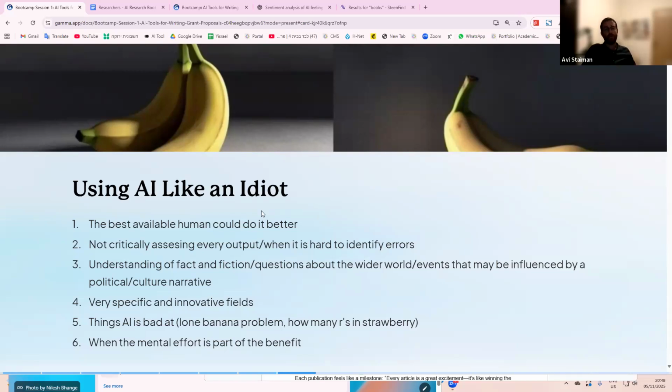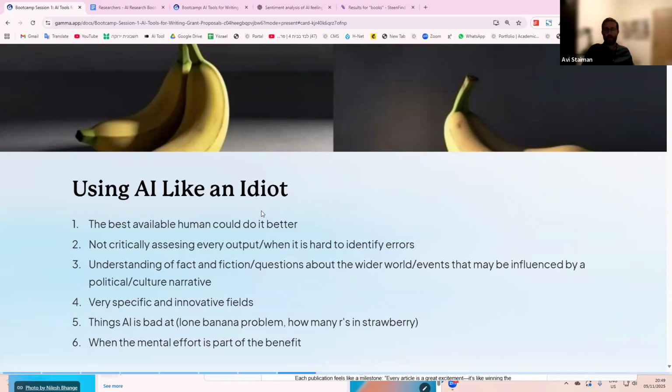Number 2 is make sure you're able to critically assess every output. So I don't know, if you ask GPT to run a regression analysis on your data, and you don't know how to check that, right? Stats is not your thing. You're more of a qualitative guy or gal, let's say, and you don't love the quant, and you just trust it and copy and paste it into an article. Well, I would say that's a very risky proposition. It doesn't mean it's going to be wrong, but you want to be able to identify errors, or at least have a colleague or a friend who could say, yeah, that makes sense, or no, that doesn't make sense. Don't put that in.